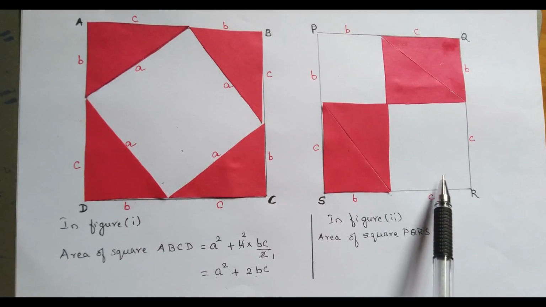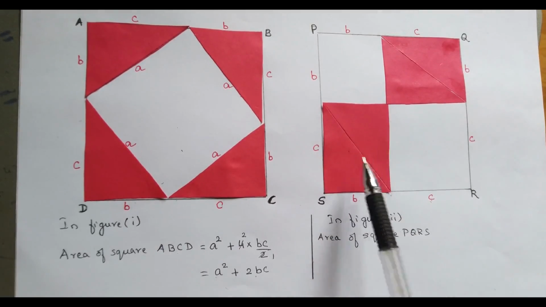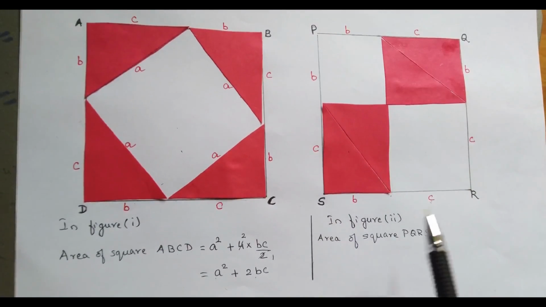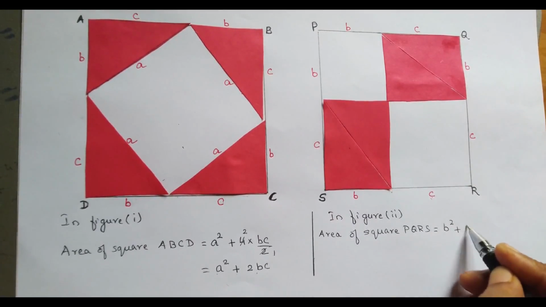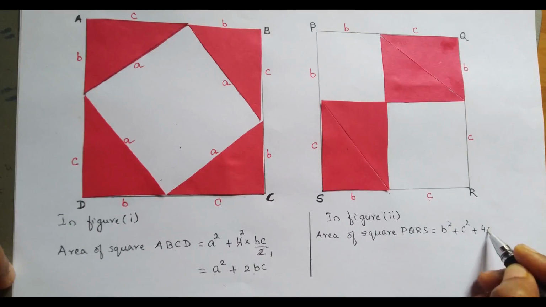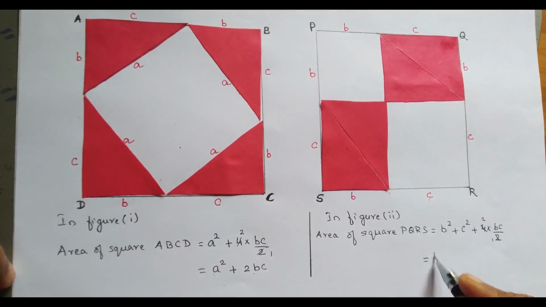The area of this uncovered square becomes C square. And the area of these 4 triangles becomes 4 into BC by 2. So we can write here B square plus C square plus 4 into BC by 2. Cancelling the 2 and 4, we get B square plus C square plus